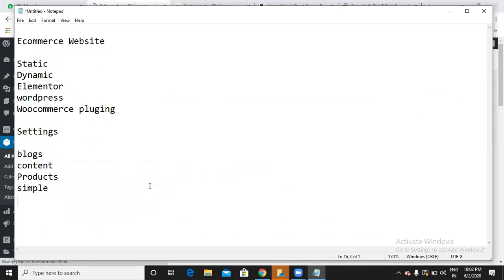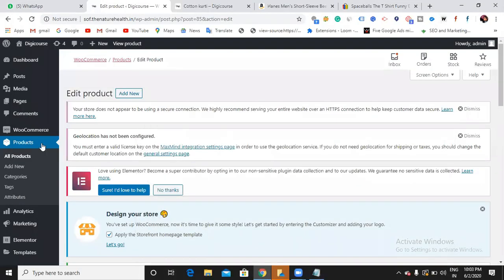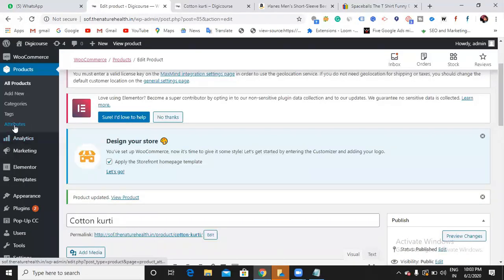Now I am going to show you wearable products. Let us say Meena wants to purchase a t-shirt in different colors and different sizes. Wearable products means a product which has variations, like it might have some colors and some sizes. How you can create different sizes and colors for the product, that we're going to see with the wearable.